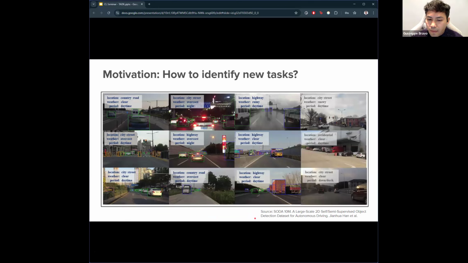We worked with the SODA10M dataset, which is a driving dataset.